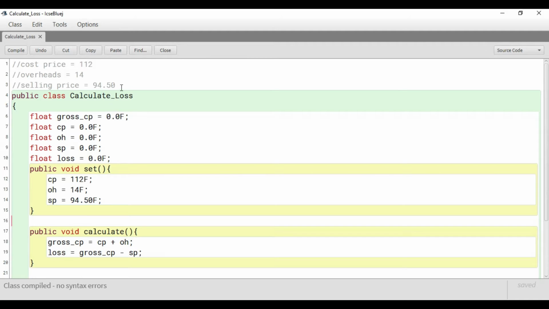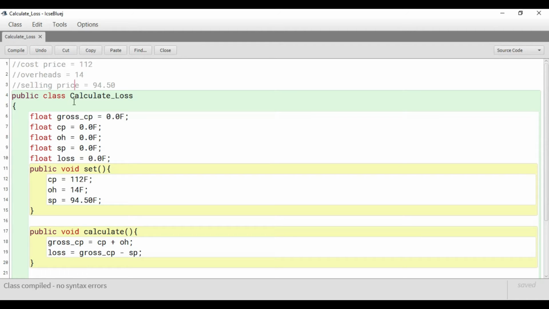These are the comment lines. It's a very good practice to write comment lines in your program. Since I didn't teach you how to take input from the user, that's the reason I'm assigning values directly in the program. Once you learn how to take input from the user, the program will be more dynamic. For the time being, I have declared a few variables and assigned values to them. So let's see how the program flow goes.